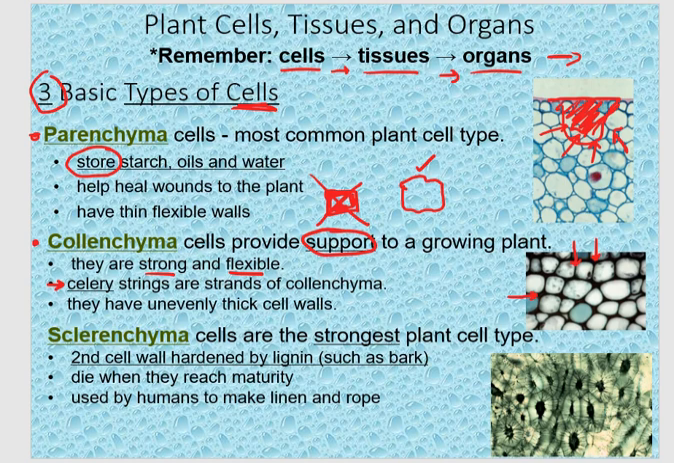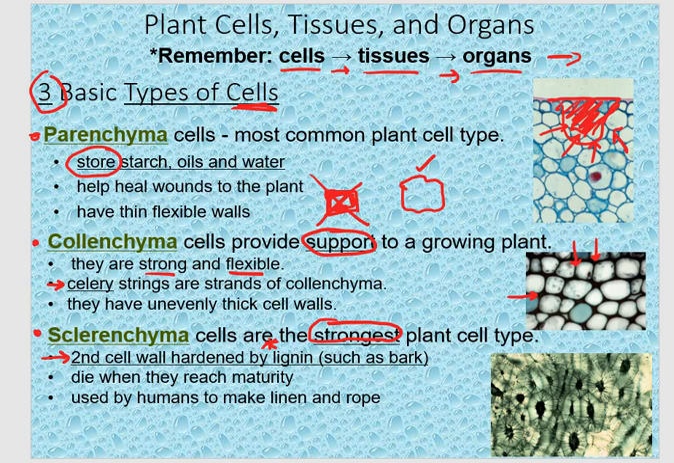The last one is sclerenchyma. These are the strongest cells in the plant. They have not only one cell wall made of cellulose, they also have a second cell wall made of lignin. And lignin is a chemical that becomes very hard, very dense, allows that plant to have that straight shape, allows it to grow tall and not just break and fall over. When they reach a certain age, they mature, they die off, and they're replaced by new